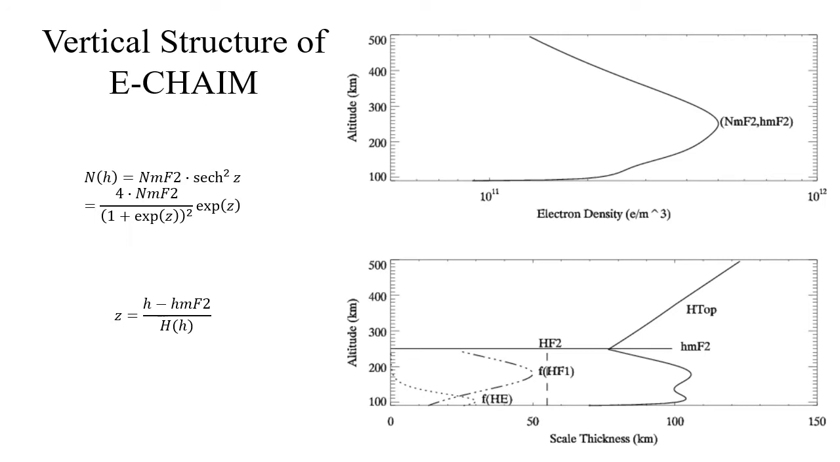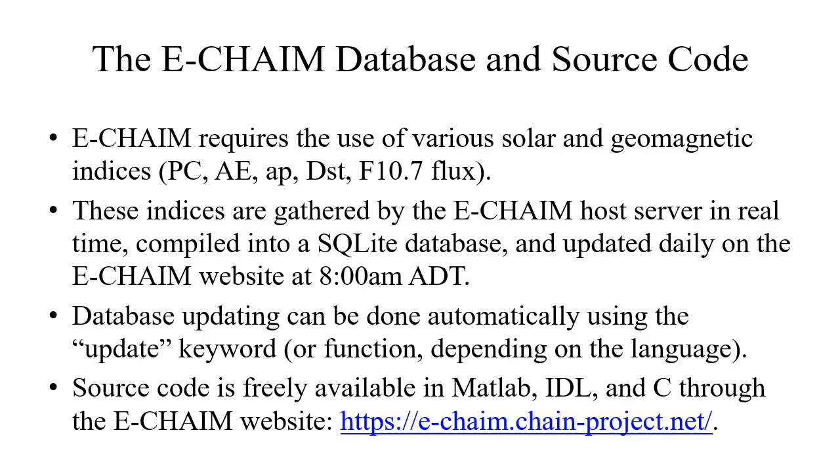So E-CHAIM is anchored at NmF2 and hmF2 with a constant scale thickness associated with the F2 region, as well as these two functions that define the F1 and E region peaks in the scale height domain. In the topside, we use a function that's effectively linear near the F2 peak, but becomes asymptotic at high altitudes. All of this requires